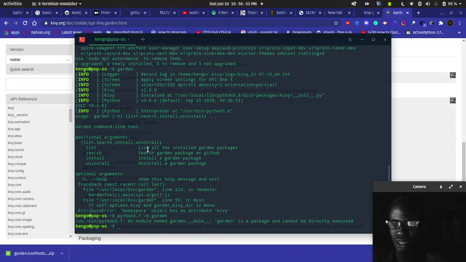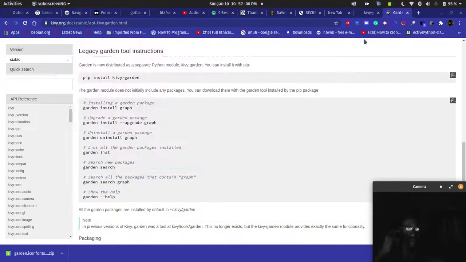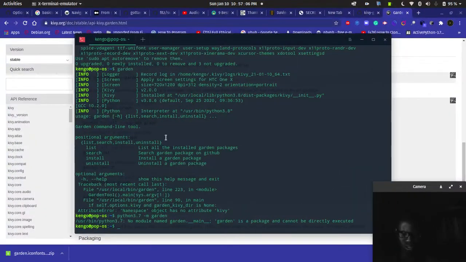So there is no way except I'm going to uninstall Kivy for version 3.8. I love 3.7 a lot. So I'm going to skip that part. But you already know the way: garden install. I think let me just write out garden install